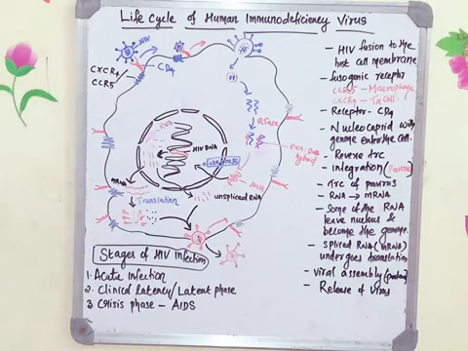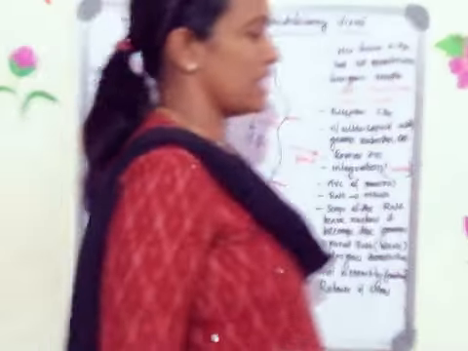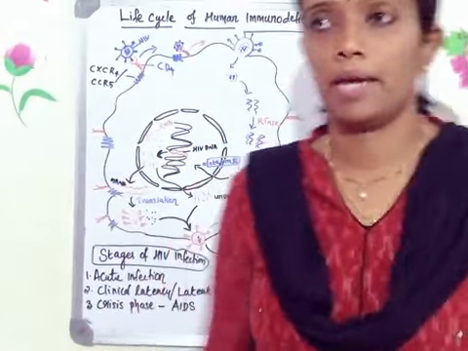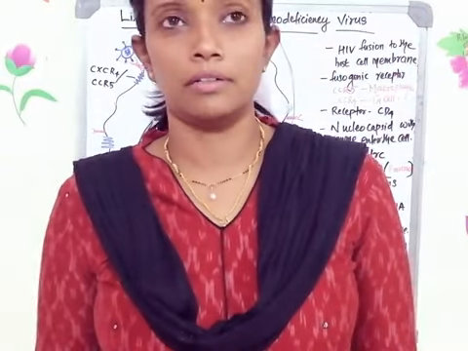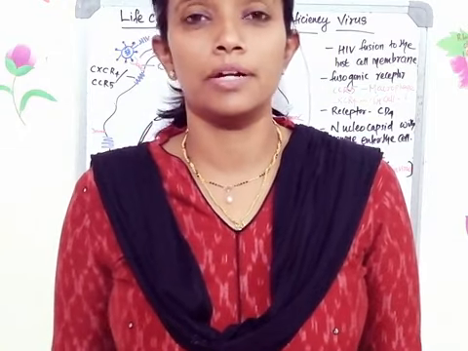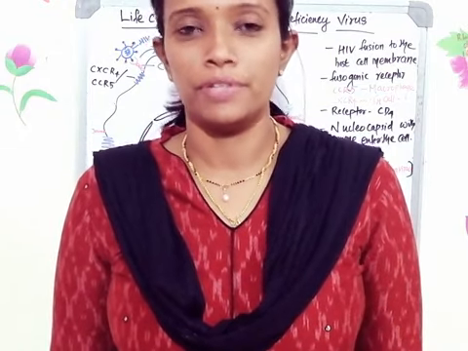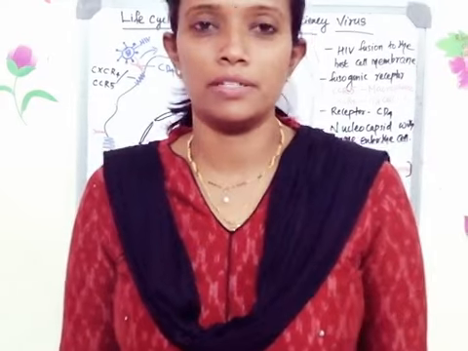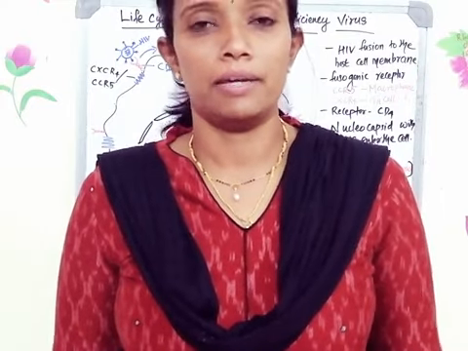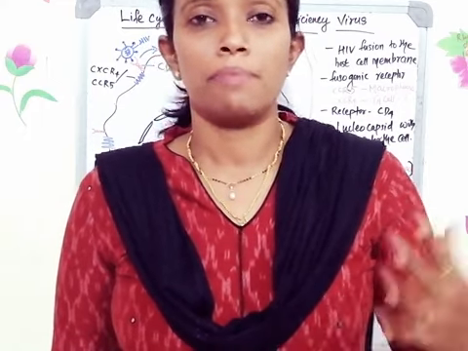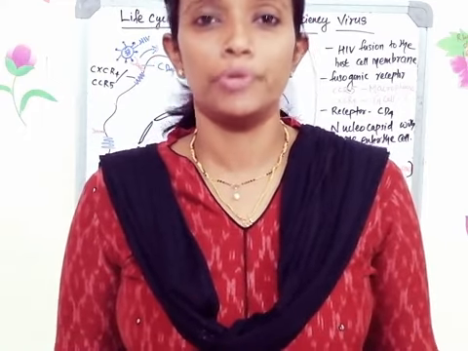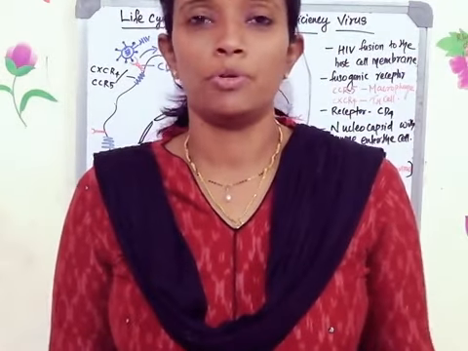Now, before starting with the life cycle, we'll see how viral transmission happens in human beings. Actually, this virus, human immunodeficiency virus, is similar to simian immunodeficiency virus. Simian immunodeficiency virus is the virus which used to infect monkeys. Chimpanzees and monkeys used to get this immunodeficiency virus, and when it entered into the human being from the chimpanzee, it got mutated and became human immunodeficiency virus.